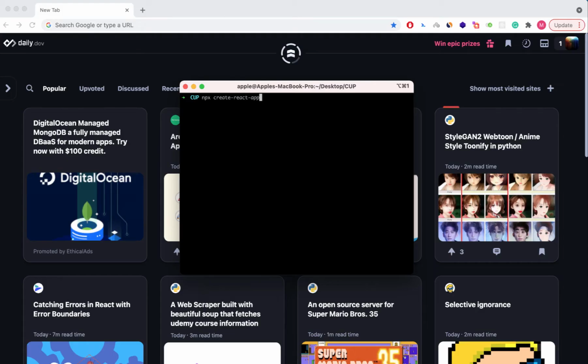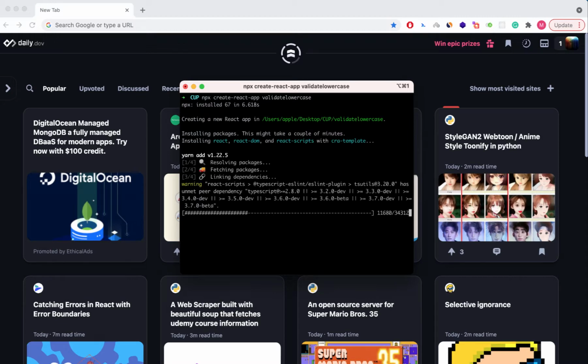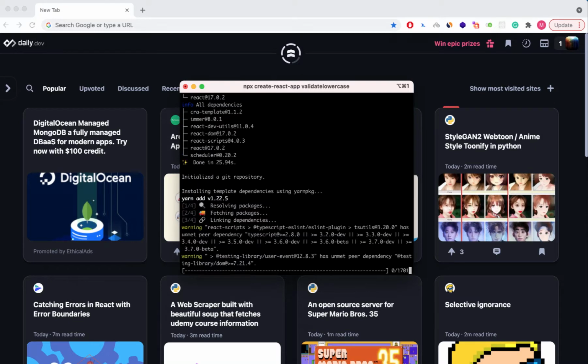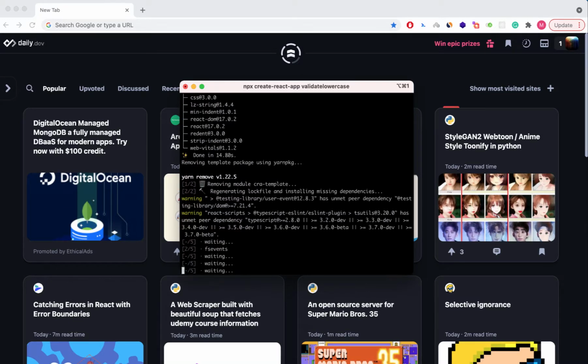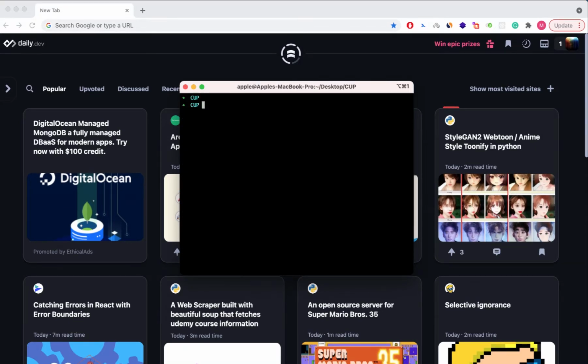We will use npx create-react-app with the project name to create the React template. Just wait for this command to install all the dependencies for your project. Now let's open the project in a code editor. I personally use Visual Studio Code. To open Visual Studio Code, you have to type code dot in your terminal, which will open the project in